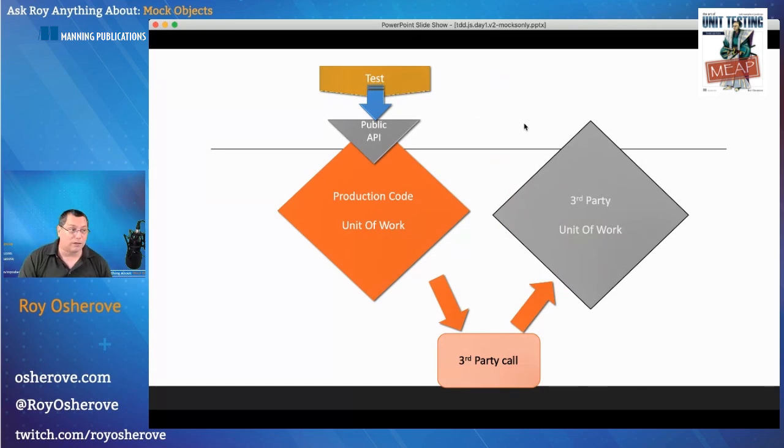And third parties, that's again where we are stuck. A third party, we invoke a public API. Let's say we want to call a logger or save to a database. We are invoking the unit of work. It calls a third party, the other third party, the unit of work in a different location that we don't care about. And now what? How do we actually assert against it? We can't, right?